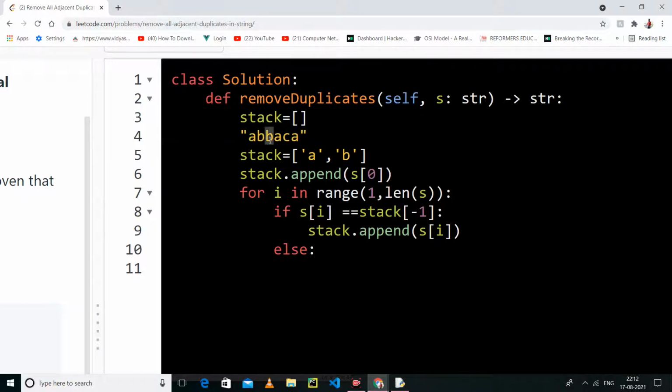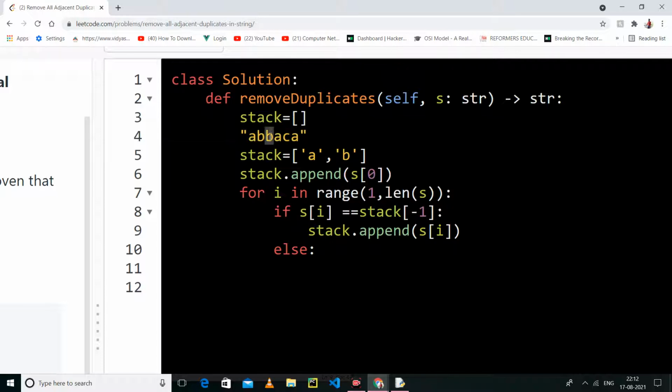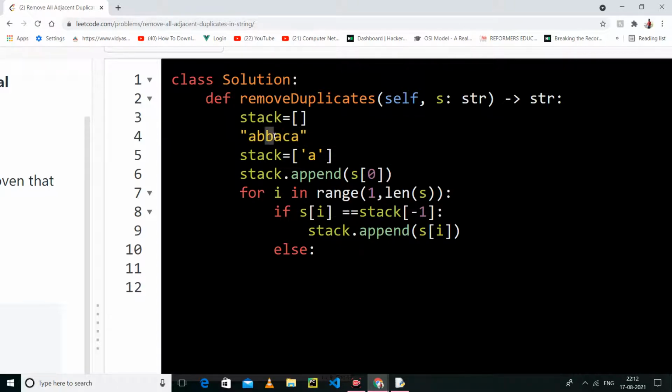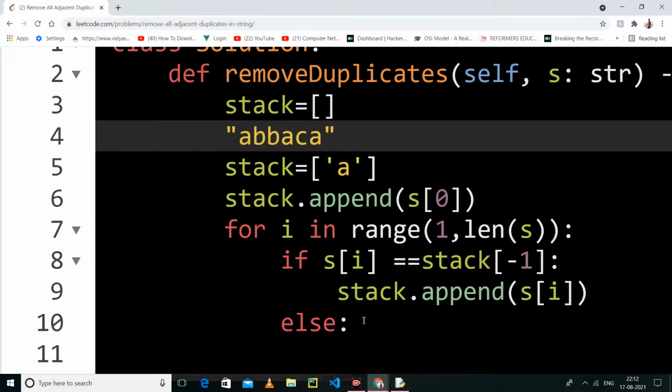Now when I come to the next b, I will check whether s of i is b, and the previous value is b, these two are equal, so we have to just pop out. Because we have found two adjacent equal values, but we haven't inserted this b, so we have to remove the previous b, so that I can ensure that I do not have any duplicates.